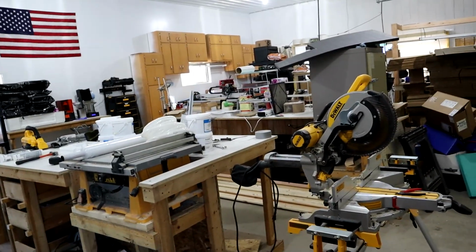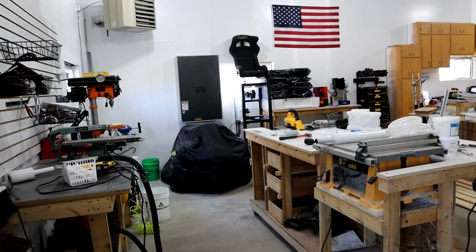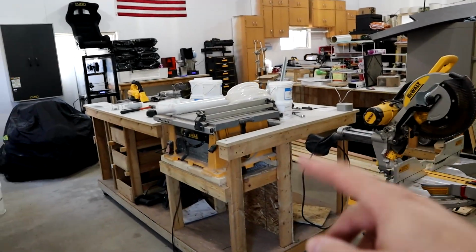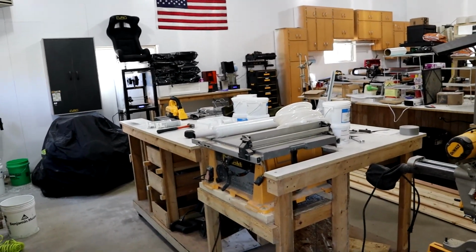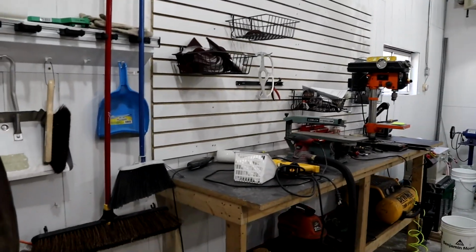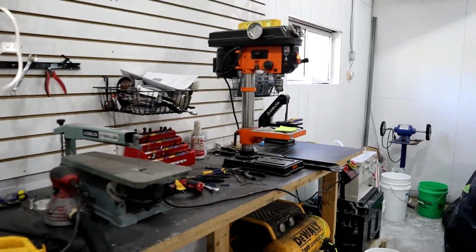And I'll just go around and show a little bit of each workstation, kind of the thought process. Show it messy now, and then in the coming weeks it'll be clean again and I can show it then. This workstation is just woodworking, building all of the other workstations. I need something to be able to cut wood. And it's all kind of a woodworking area, just general purpose: scroll saw, sanders, drill press,